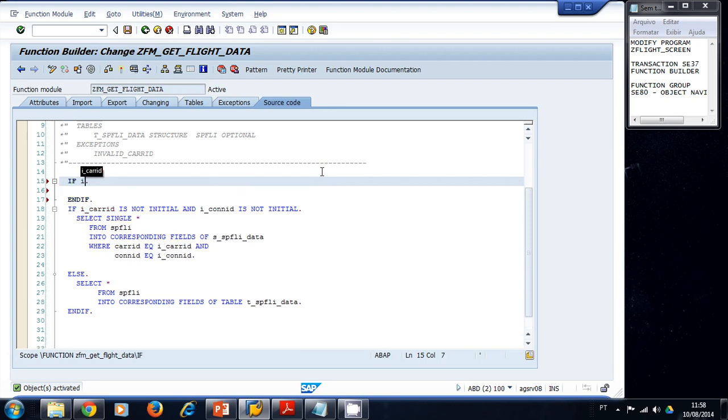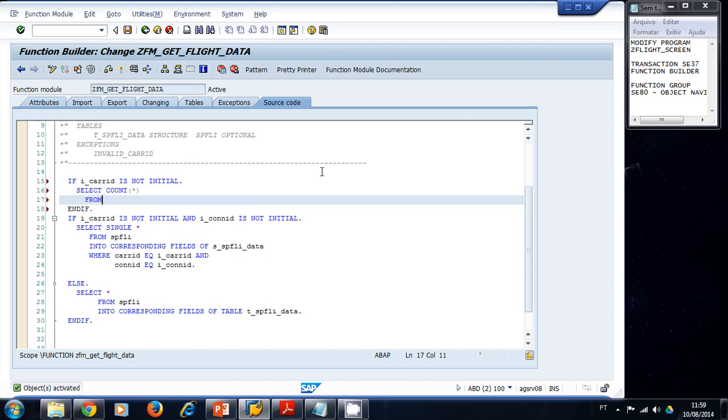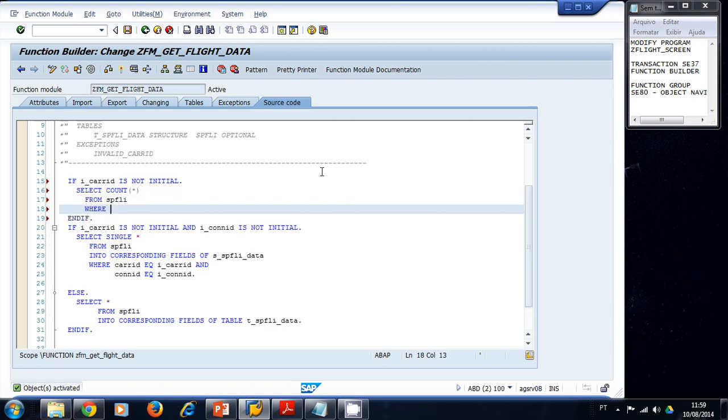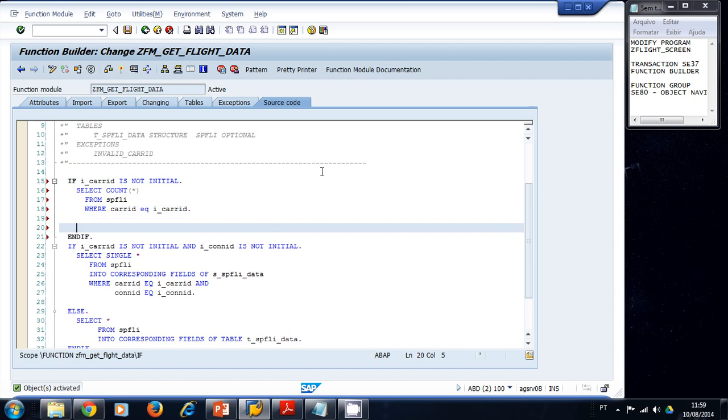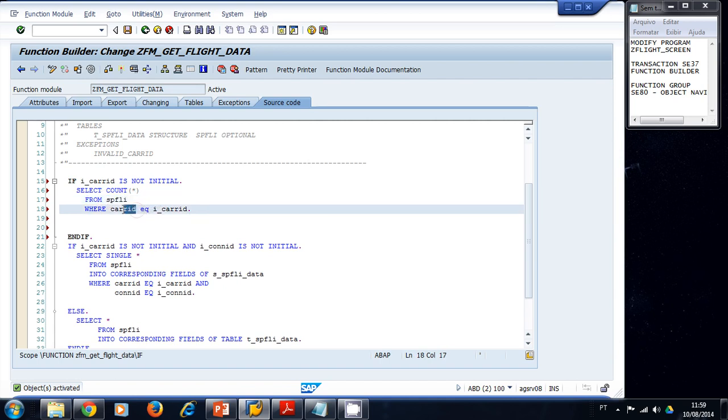So if our car ID is not initial, we're going to select count from where equals our parameter. What does this mean? That I just want a count from the table spfly for all the car IDs that are specified in the parameter, and because car ID is a unique key value, it should return 1 here, or if not, if it doesn't return anything,